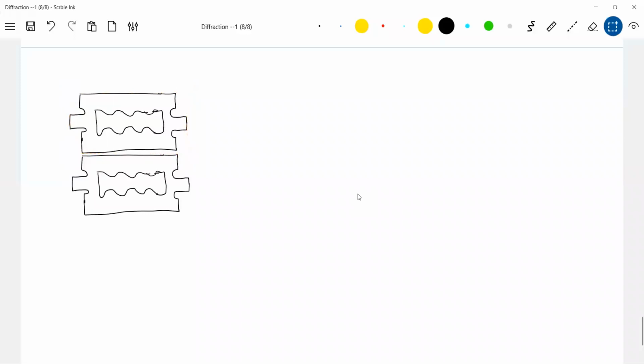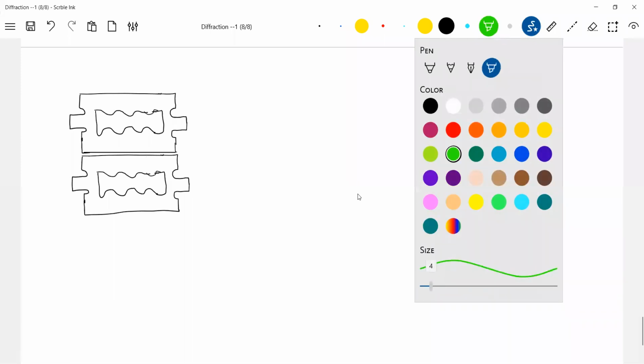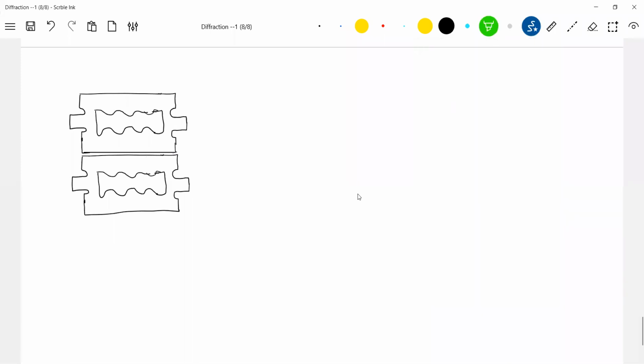So what will they form? Shall I say they'll form a slit? The gap between them will become a slit. That slit I'll show by some color. The small narrow gap will become a slit, and you pass the light through it. By adjusting this narrow gap, you can see the pattern. And you should focus that light to pass through this one.